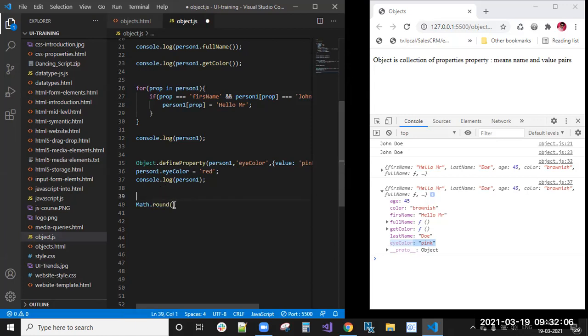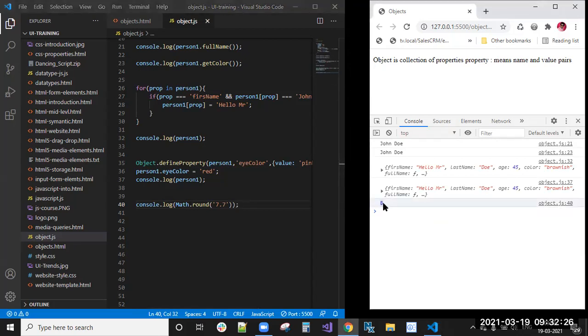So Math.round of 7.7, now you will get 8. It is rounded to 8. So Math is an object only.